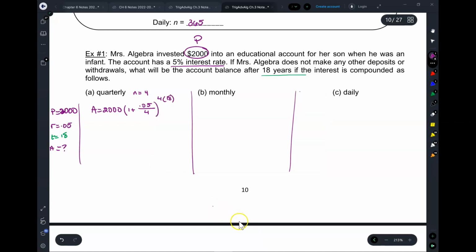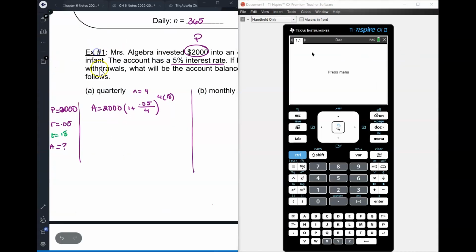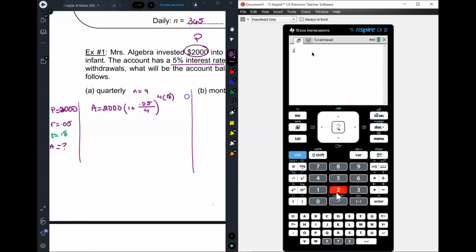Go ahead and take out your calculators at this point. We're going to plug the whole thing into the calculator in one shot. So it's going to be 2,000 times 1 plus 0.05 over 4. To exit this, you can either press the right arrow or tab to the power of 4 times 18. You see how you can just put everything in there in one shot? And you should get